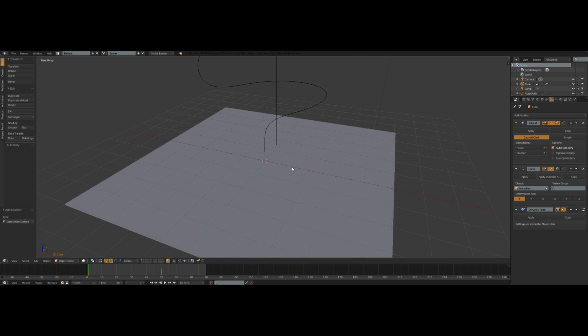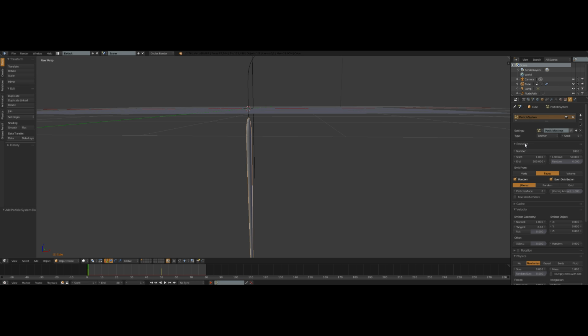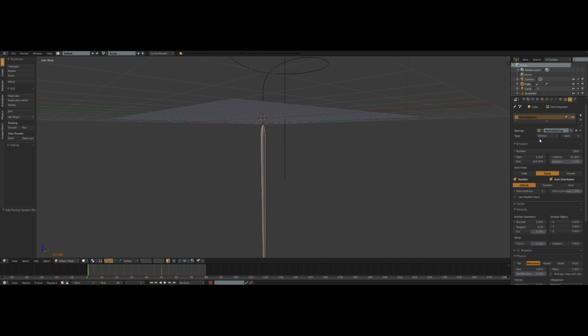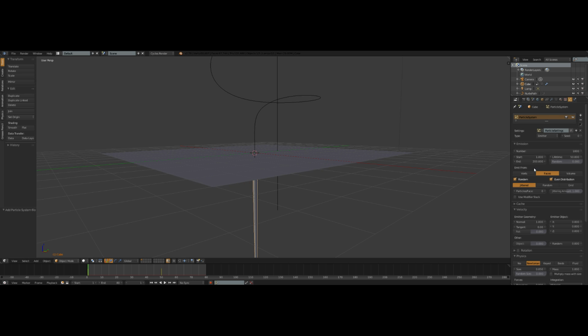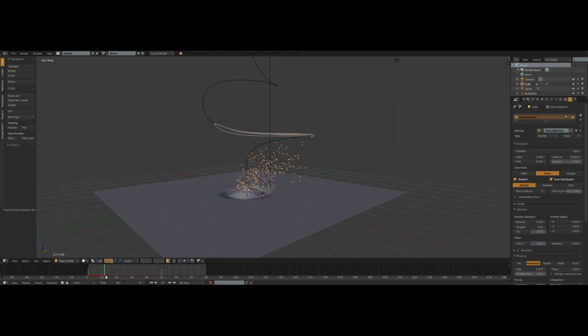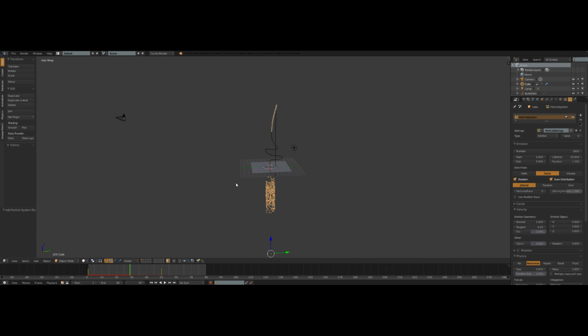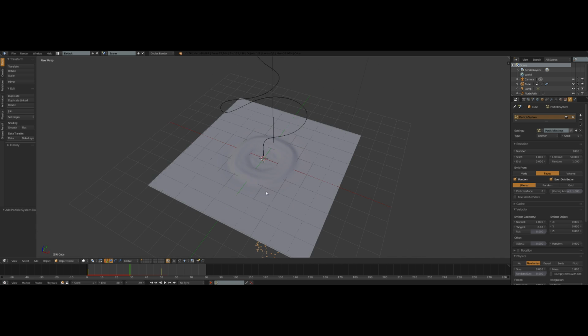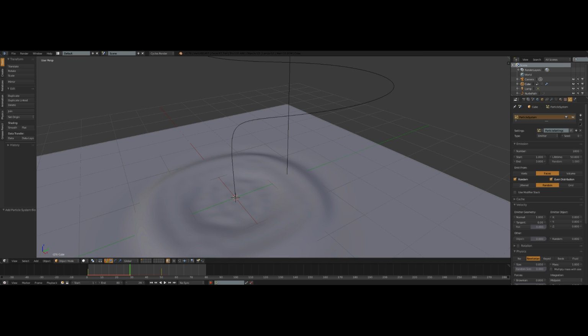So what we're going to do is we are going to add a particle system. So add a new particle system, set it to emit, that's right. And then, for example, let's see when it gets out. Yeah, something like this. For 3 frames, that's fine. So the first 3 frames, we are going to add a particle system which will simulate the splashes when it comes out of the water. So I set it to random, and now